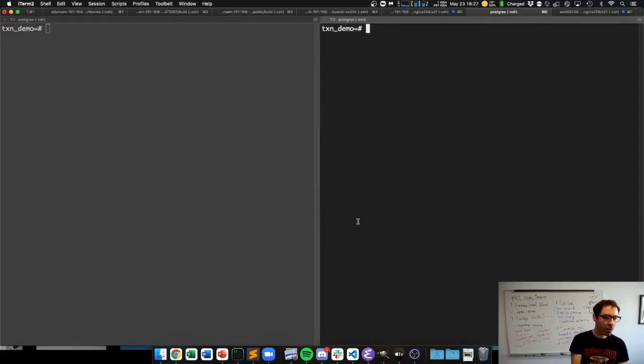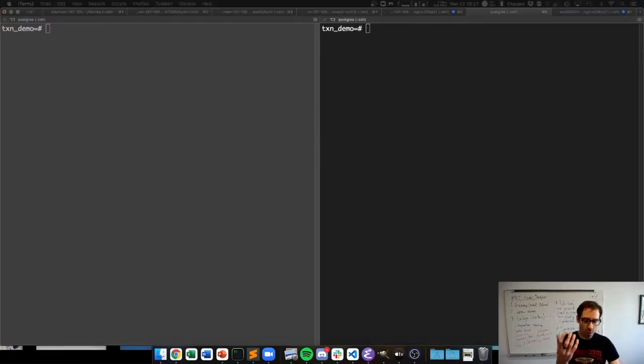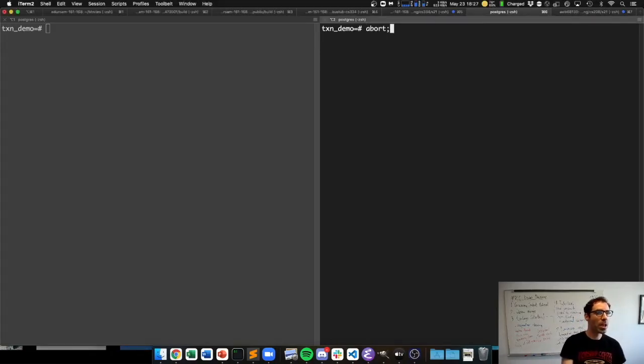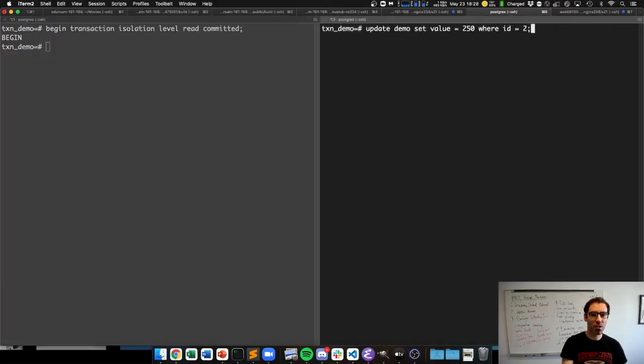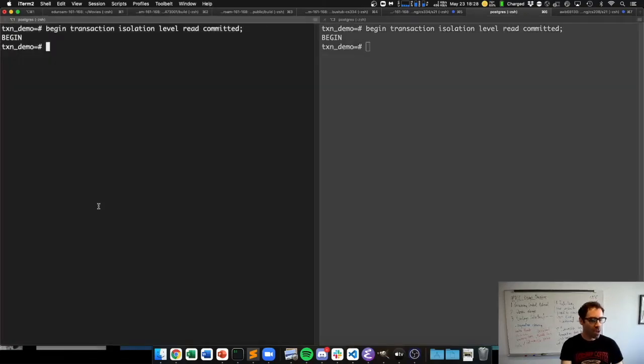The last thing that I wanted to show was how Postgres actually will enforce serialization, or rather, how the isolation level determines whether Postgres will enforce serialization. So, I'm again going to begin both of our transactions in read committed, and then here I'll be